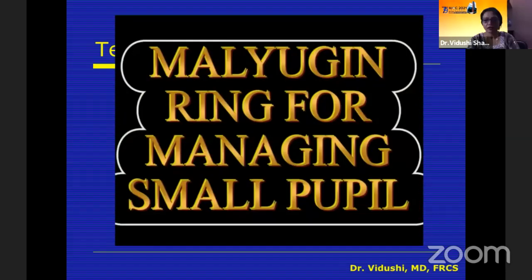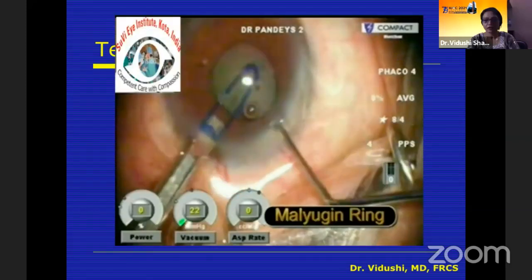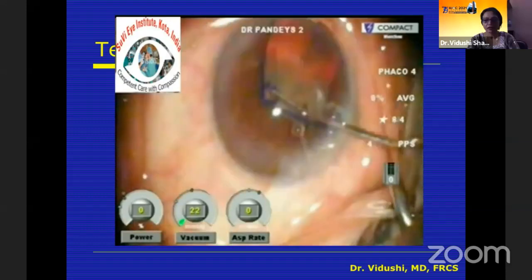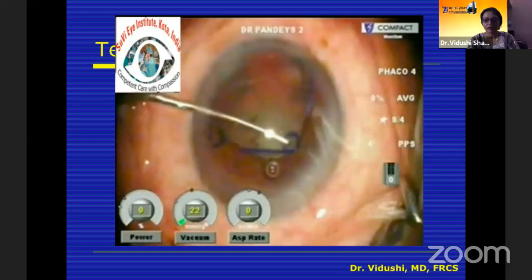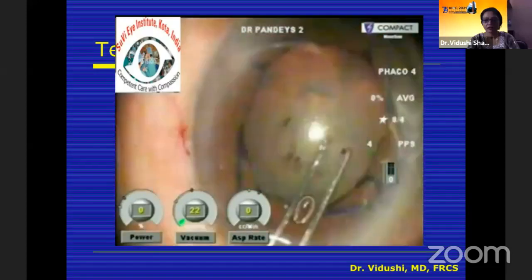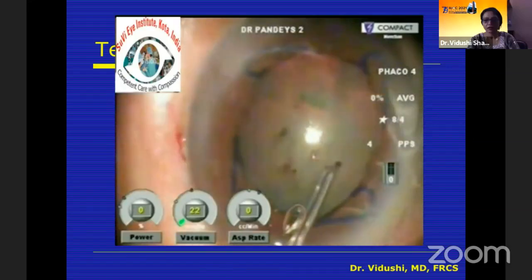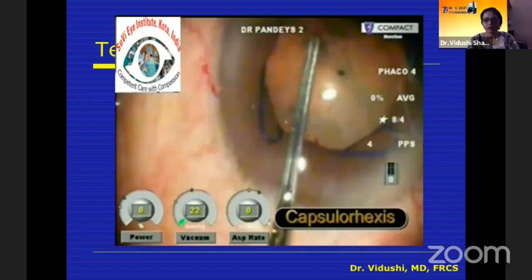So the advantage is you can introduce it through the main incision itself, and then as the Malyugin ring enters the anterior chamber, the first 3 screws can be easily put in to engage the iris, and then we take a second instrument and ensure that there is a uniform pupillary dilatation. The other advantage is that it protects the pupillary margin all 360 degrees. So there's hardly any risk of catching the iris while doing your maneuvers during the cataract surgery.